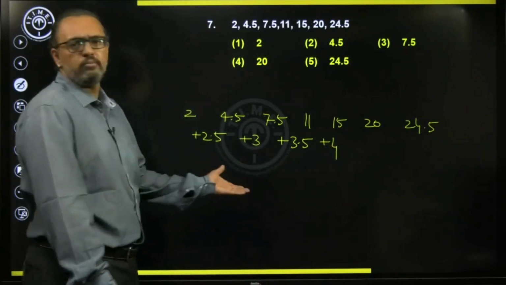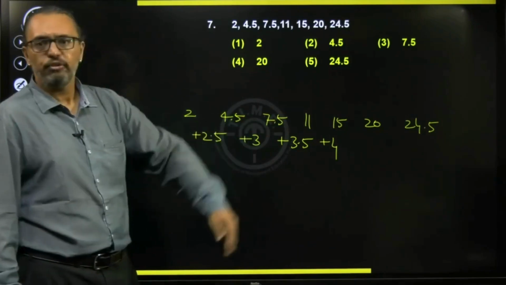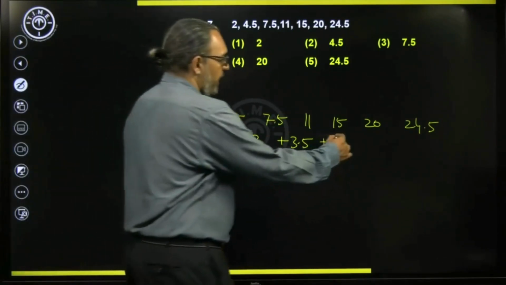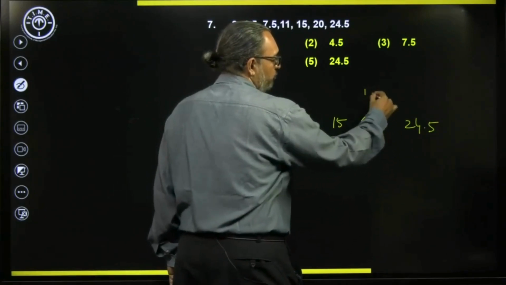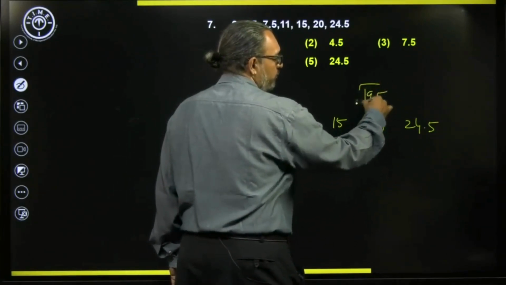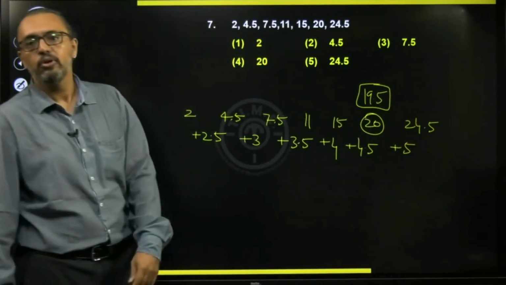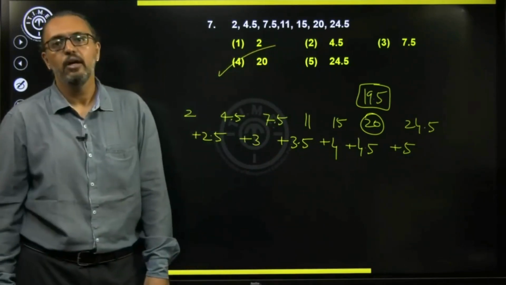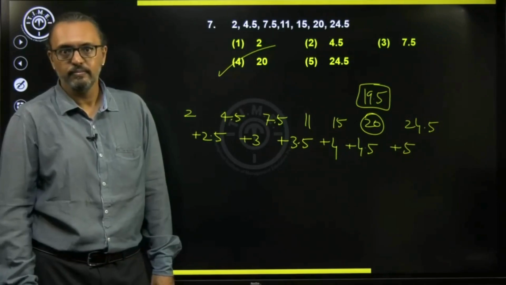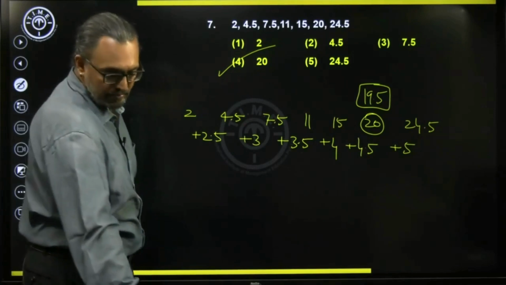And here how much am I adding? 4. So the logic is very clear. The addition is happening by a 0.5 increase. So the next I have to add is 4.5. So if I add 4.5, I will get 19.5. So next, by adding 5, you will get 24.5. So 20 is what we choose as the wrong number. Yes? Okay. Then next